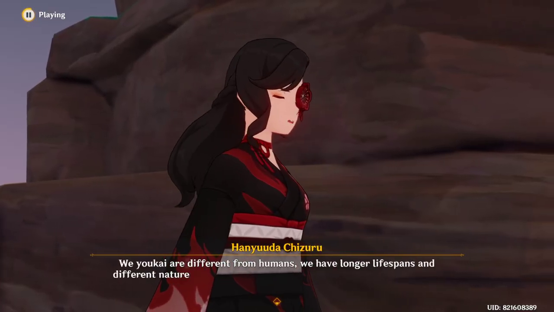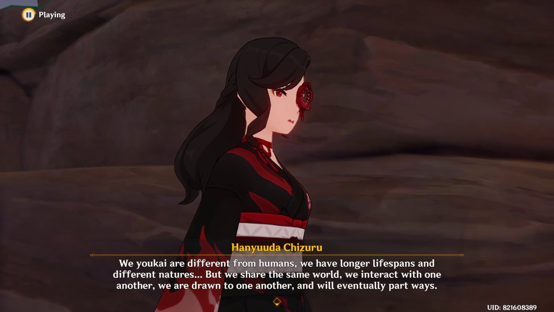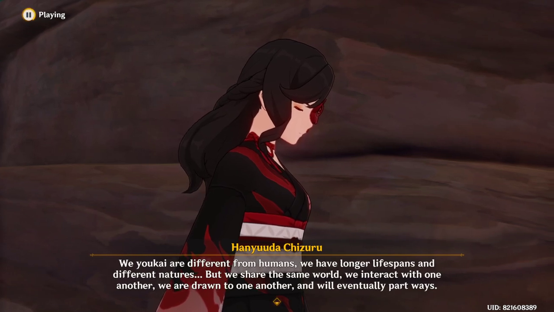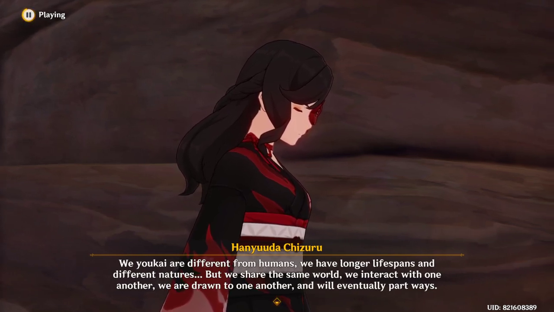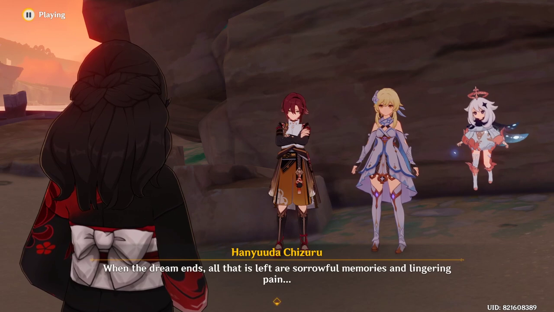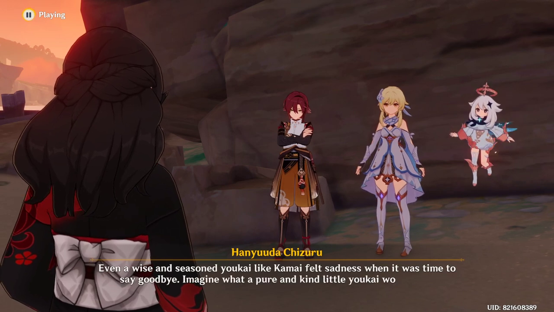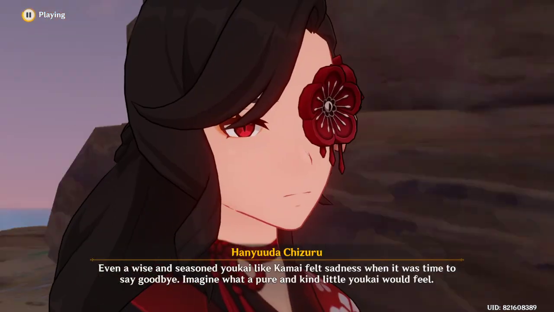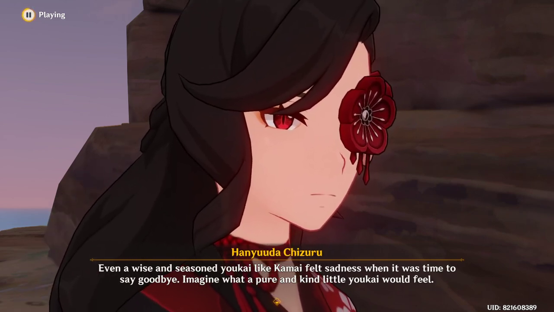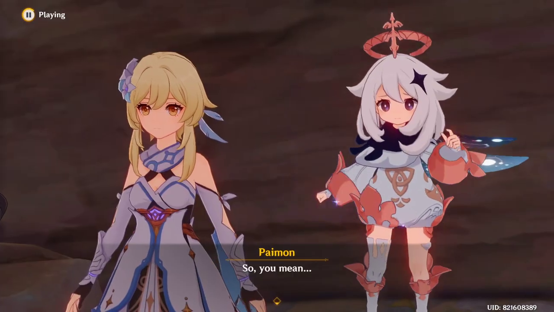We yokai are different from humans. We have longer lifespans and different natures, but we share the same world. We interact with one another. We are drawn to one another, and will eventually part ways. When the dream ends, all that is left are sorrowful memories and lingering pain. Even a wise and seasoned yokai like Kamai felt sadness when it was time to say goodbye. Imagine what a pure and kind little yokai would feel. Oh, so, you mean...